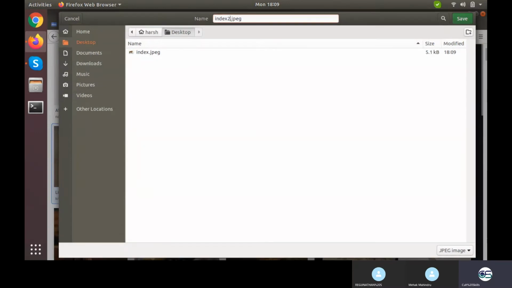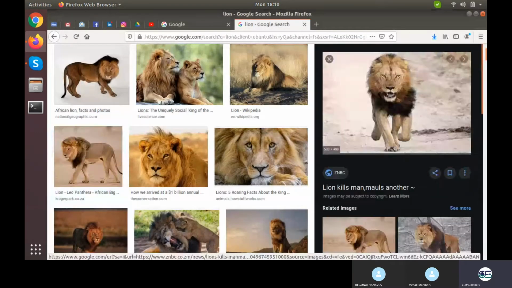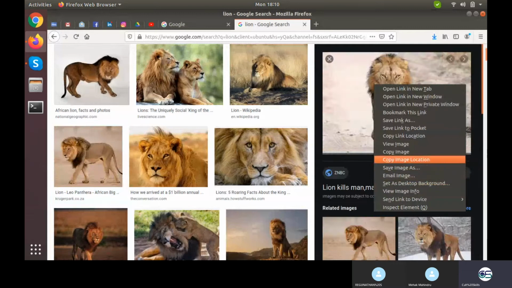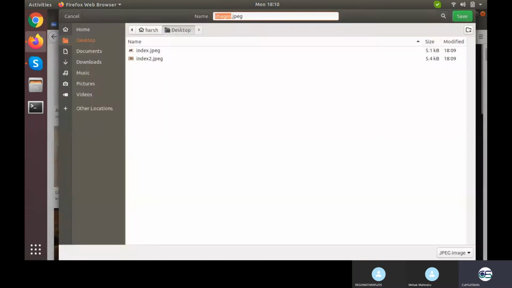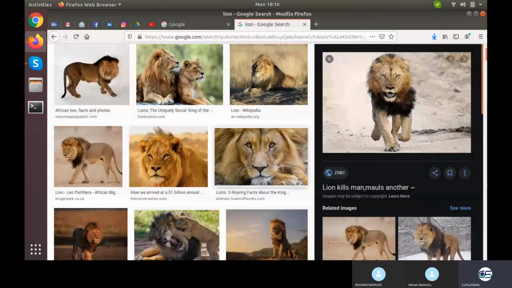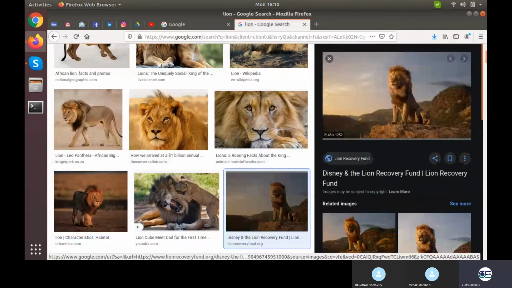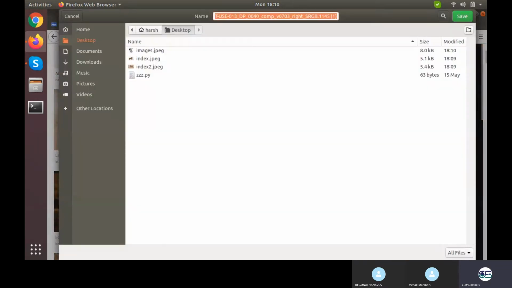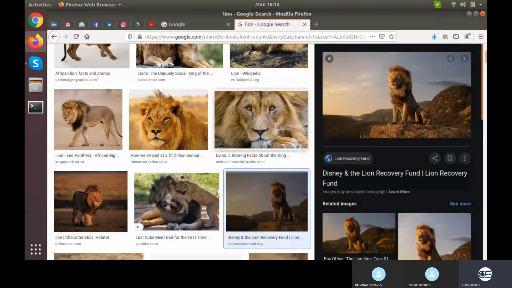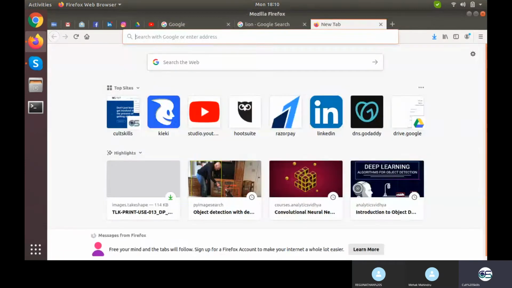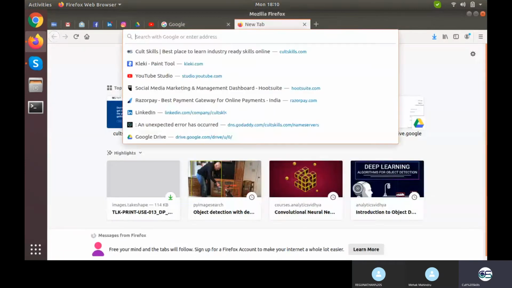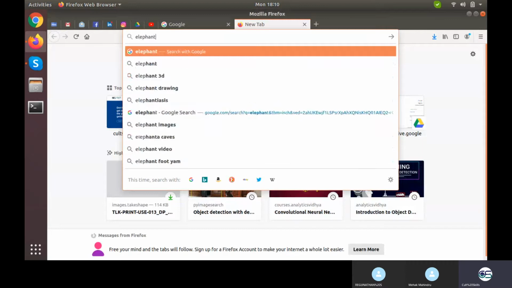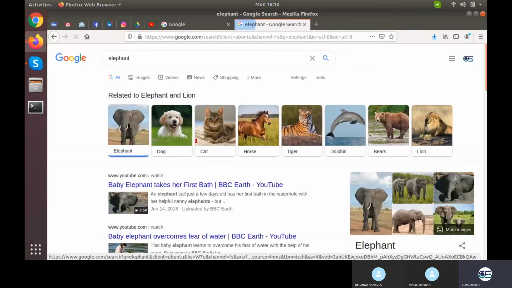Then let's take some front view, and let's take this one. I have saved 4 images simply from Google. Let's make another one, and that could be elephant.